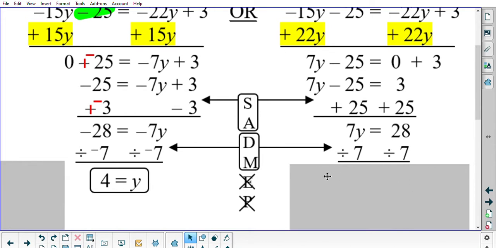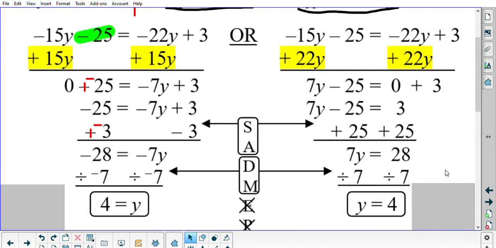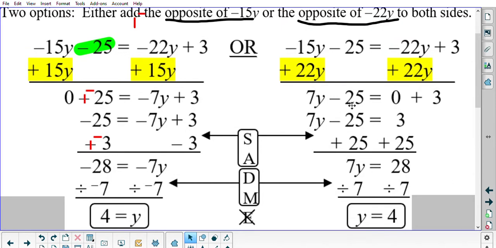Now, for those of you who do not like negative numbers, maybe you would want to choose the choice where you would add by 22y on both sides, so that way you get a positive 7y. So maybe you want to think a little bit ahead to working smarter, not harder. If you don't like negatives, then make sure your first step would give you a result where you would get a positive. Now, sometimes you're never going to get a positive coefficient of your variable, but other times you could. So if you can think ahead and work smarter, not harder,